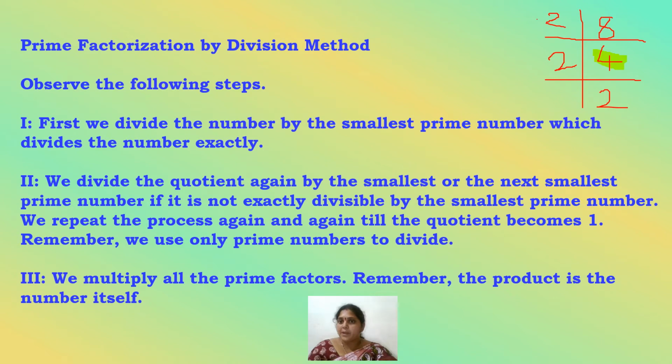Now multiply all the three numbers so that you must get your answer as 8. So multiply, 2 2s are 4, 4 2s are 8. This is how you are going to continue your process until you get the quotient as 1. Even if you continue here, if you take 2 again here, it will be dividing how many times? 1 time. These are the steps I have given. Read the steps carefully and practice them well.